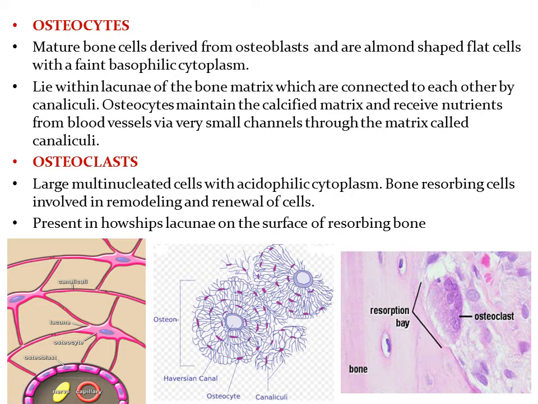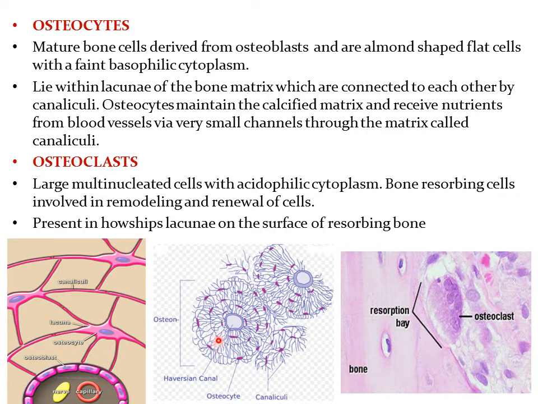the canaliculi. As you can see here, these are the Haversian canal and the bone. You can see very clearly in this diagram one of the osteons, and the Haversian canal contains the blood vessels and the nerve. The purple cells are the osteocytes, which reside in the lacunae. Between them you can see a line, which is called the canaliculi, and these canaliculi contain the